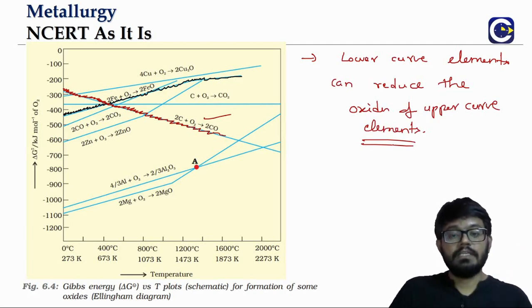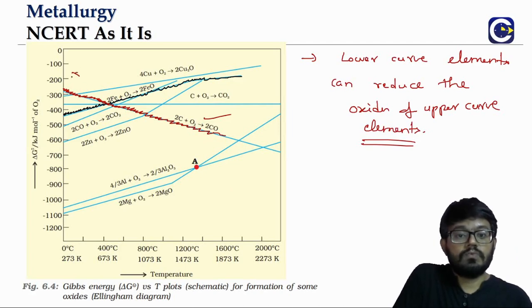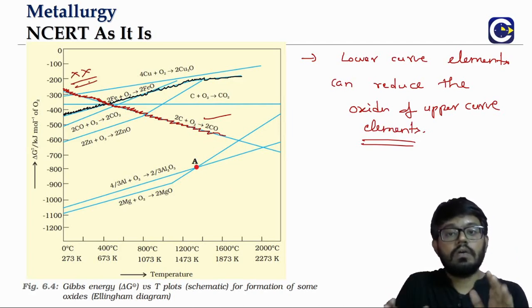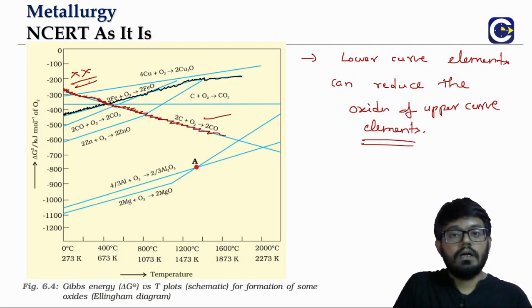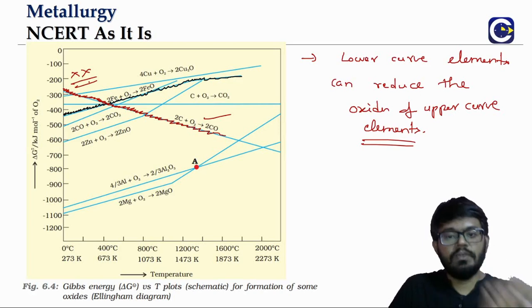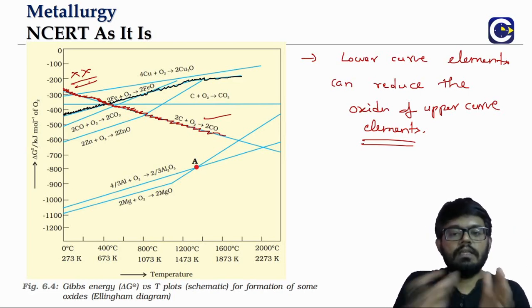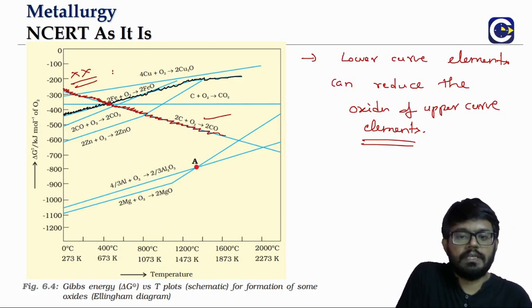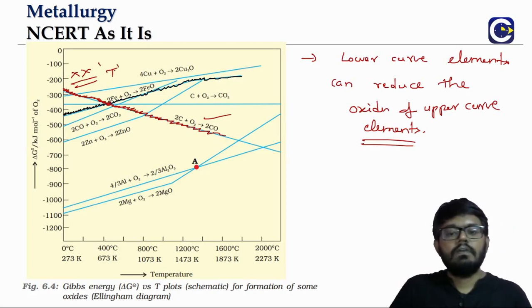In the low temperature range, you can see the coke curve is actually above. So which means what? In the low temperature range, coke cannot reduce iron oxide. Now here one thing we need to keep in mind is, while we are doing this analysis for FeO, the same applies broadly for Fe2O3 and Fe3O4 also. So only once you cross over this crossover temperature will we see that coke reduction can actually happen.